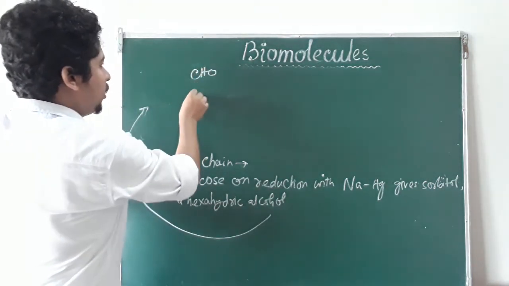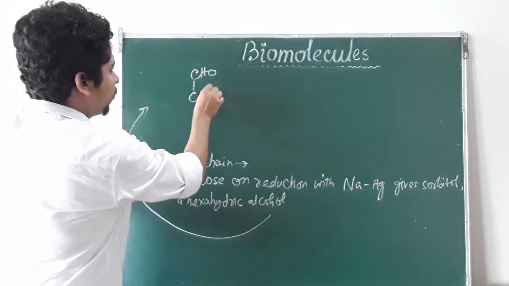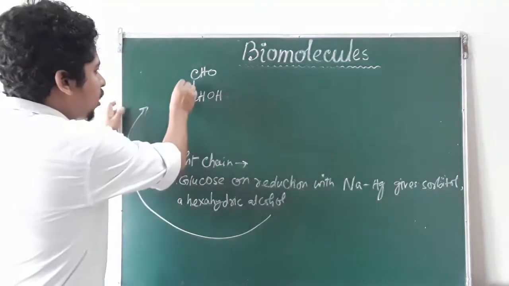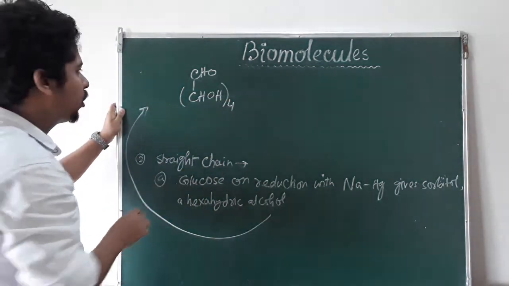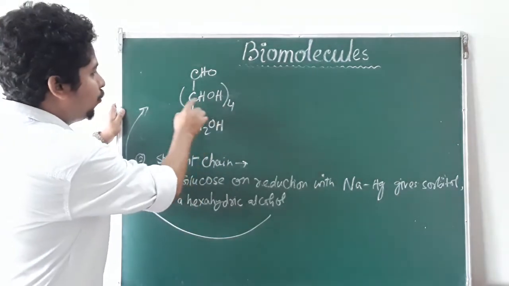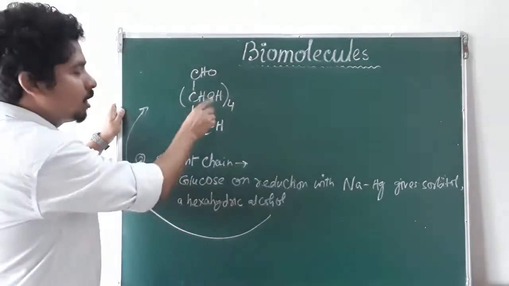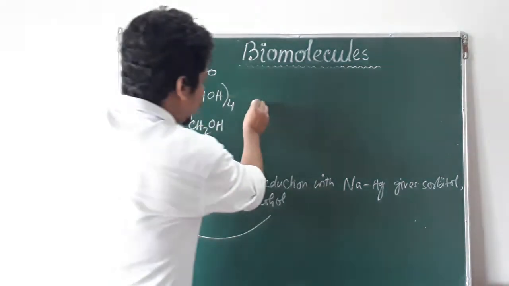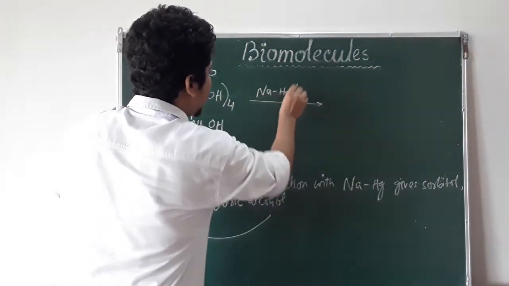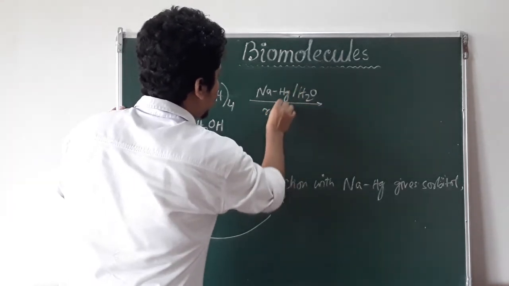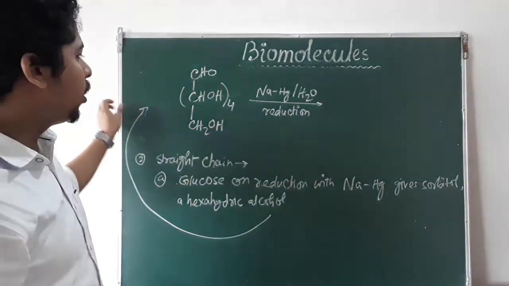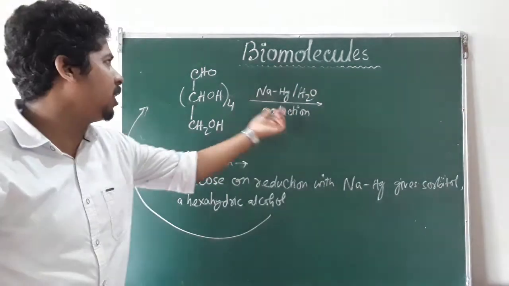We know the structure of glucose is CHO, then CHOH, and here we have four CHOH units, and then CH2OH. Now here you see we have 6 carbons: 1, 2, 3, 4, 5, 6. So C6H12O6, this is the structure of glucose. Now when this is treated with sodium amalgam, NaHg, in presence of these, it is a reduction. When this glucose is treated with sodium amalgam, it will reduce this aldehyde group